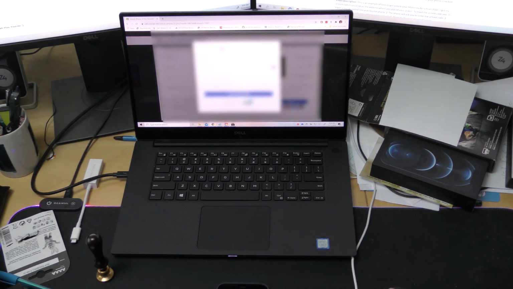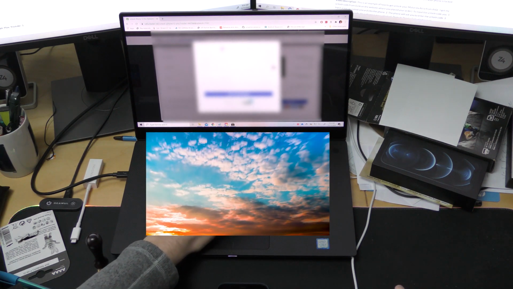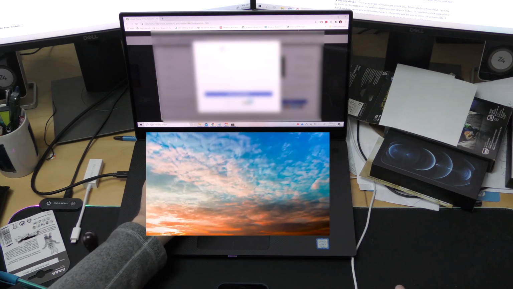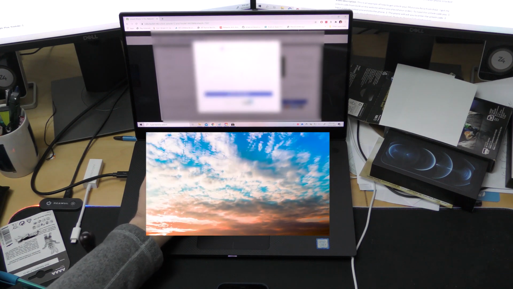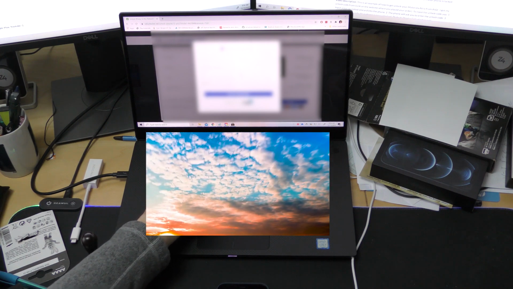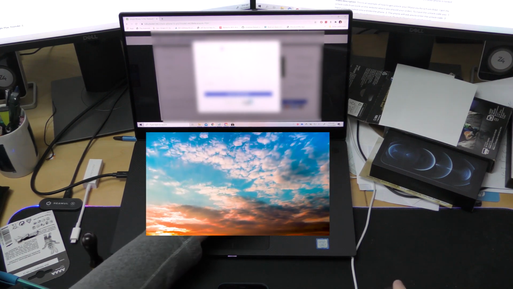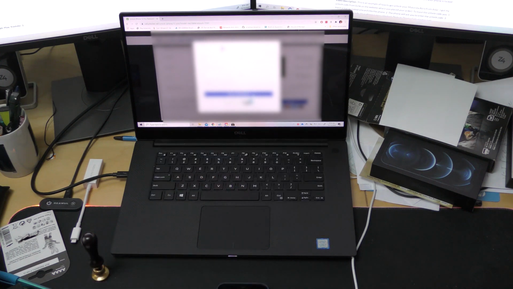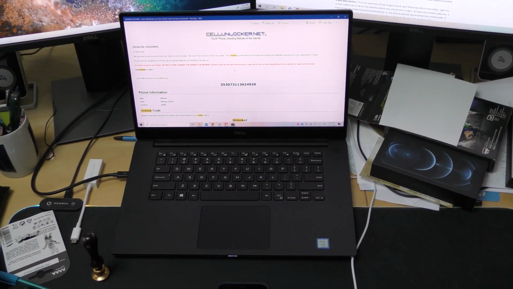You then fill out all of your credit card information. Through the magic of video editing, we're able to jump forward. After paying for the unlock,